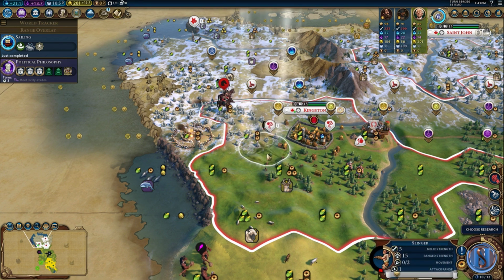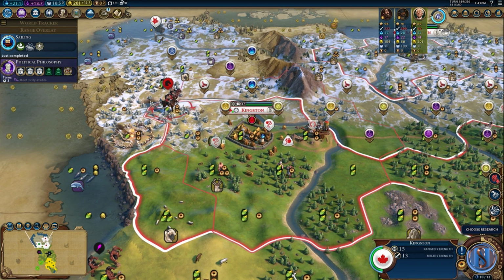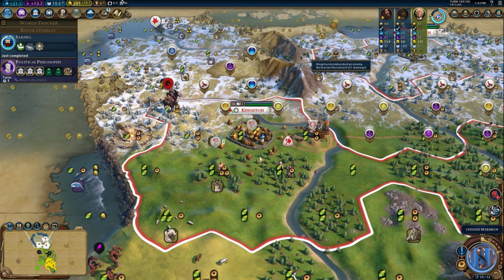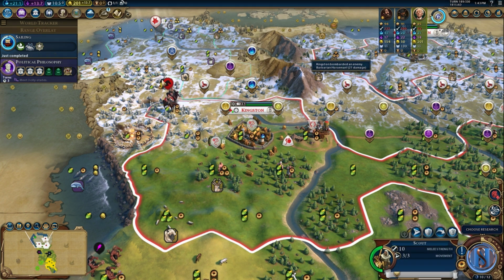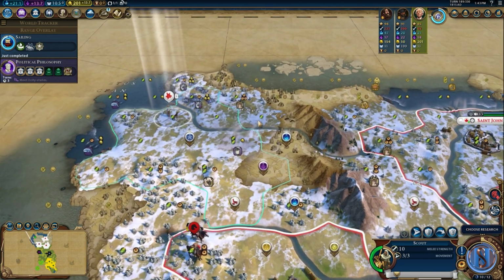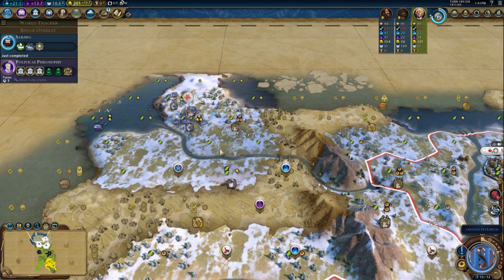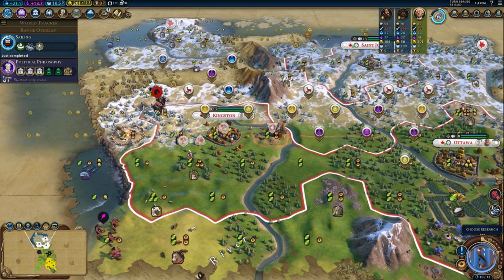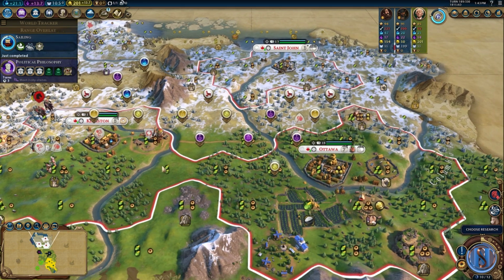So I have to go here because he won't be able to get through that. I'm going to shoot him. This guy's going to wait. Hopefully he doesn't come here. I'm sure he probably will, but...